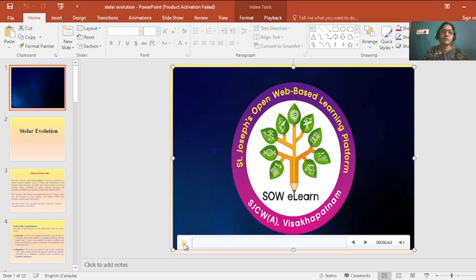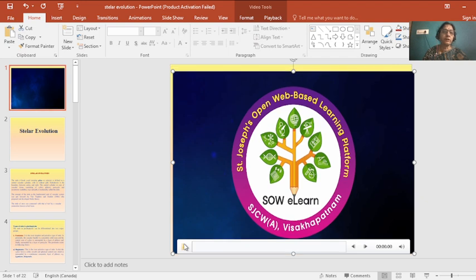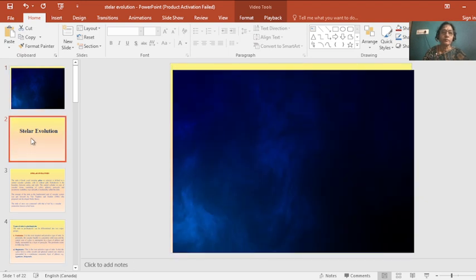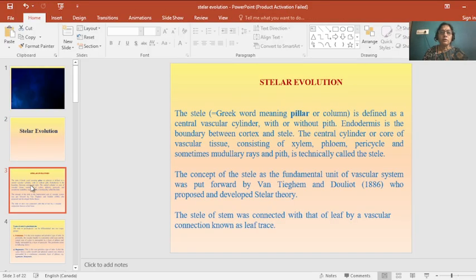Today we are going to study another new topic called Stelar evolution. The stele is a Greek word meaning pillar or column, which is defined as the central vascular cylinder with or without the pith. Endodermis is the boundary between the cortex and stele. The central cylinder or core of the vascular tissue consists of xylem, phloem, pericycle, and the medullaries and pith